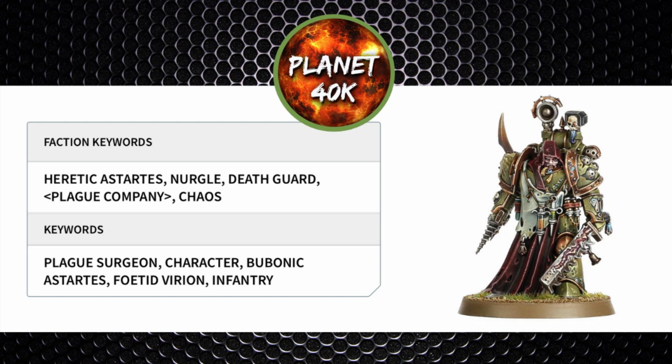So a Plague Company is a mini faction within the Deathguard Codex that grants access to a warlord trait, a relic, and a stratagem. A video will be done at some point on each Plague Company in the near future. The Bubonic Astartes keyword will interact with stratagems and buffs, and the fetid variant is the final one that we